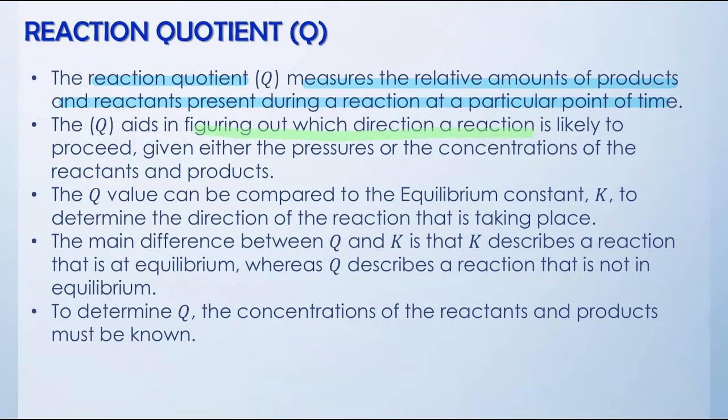So the reaction quotient will help us to figure out which direction a reaction is likely to proceed, given either the pressures or the concentration of the reactants and products. And when we compare the value of Q and K, we can determine the direction of the reaction that is